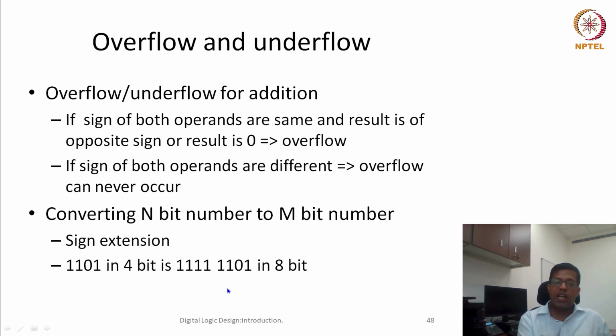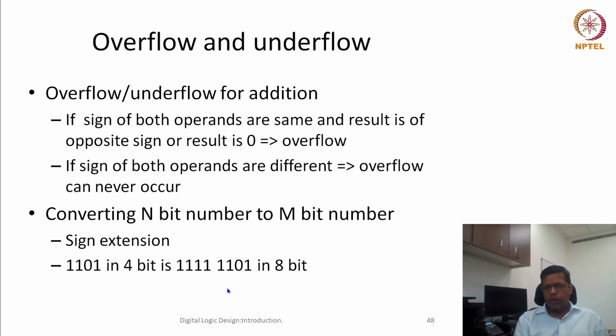And this sign extension will work even if my sign bit is 0, because then I would be extending zeros all the way. If the sign bit is 1, that means I am extending ones for negative numbers, and it gives me an easy method of converting from a 4-bit number to an 8-bit number, or an 8-bit number to a 32-bit number. The representation is fast. Otherwise, the ideal method would be, for example, to convert from an 8-bit number to a 32-bit number, I need to subtract the magnitude from 2 to the power 32. So this sign extension trick can make it a little faster.